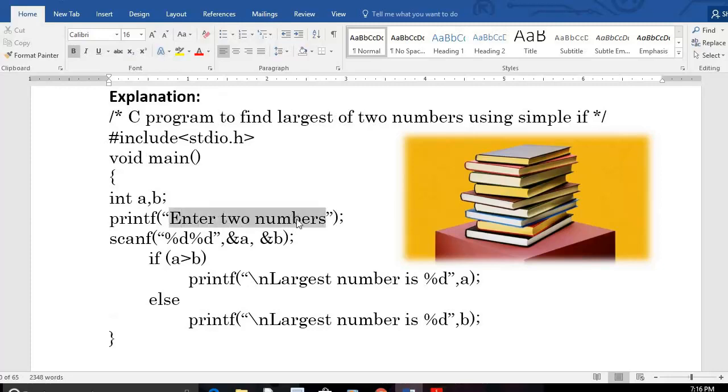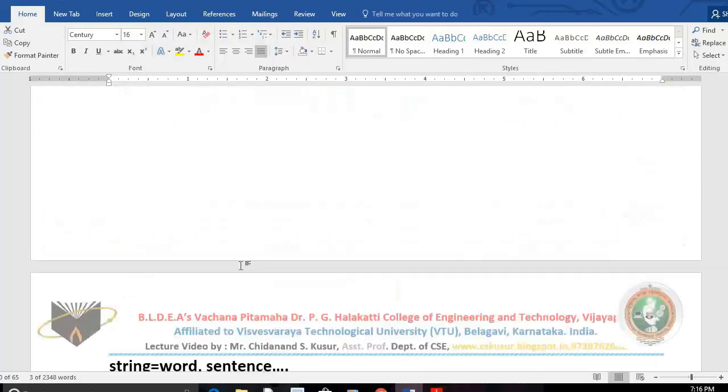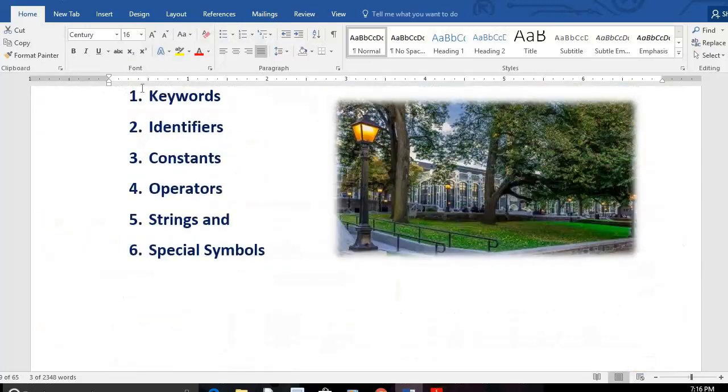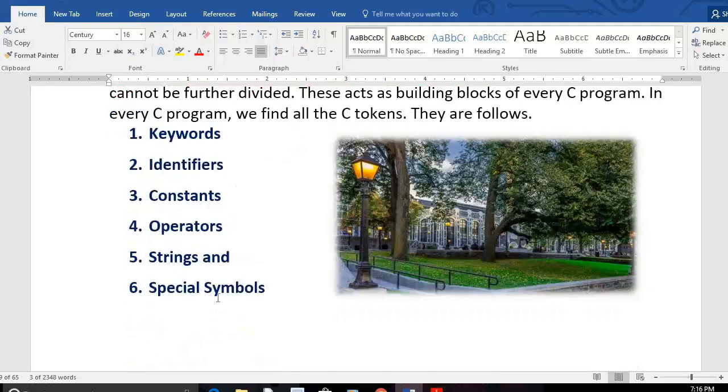Not only this string, we read a username, user password, address, email ID, phone number. Those are all strings. That one I will teach you afterwards. We cannot write the program without strings. That's why strings are C tokens. Can you write C programs without symbols? No sir. That's why symbols are C tokens. Can you write the C program without strings? No sir. That's why strings are C tokens.